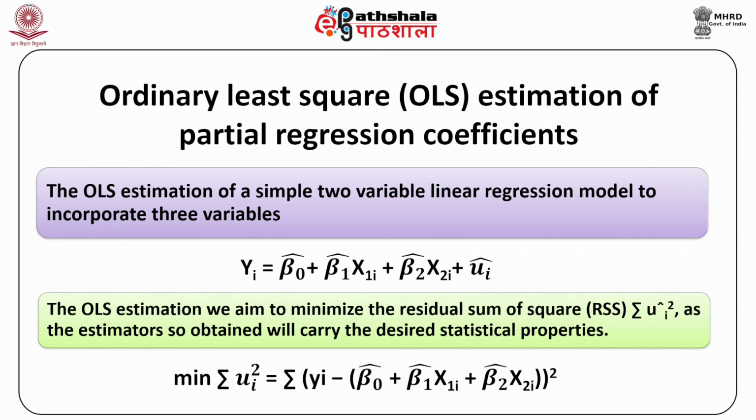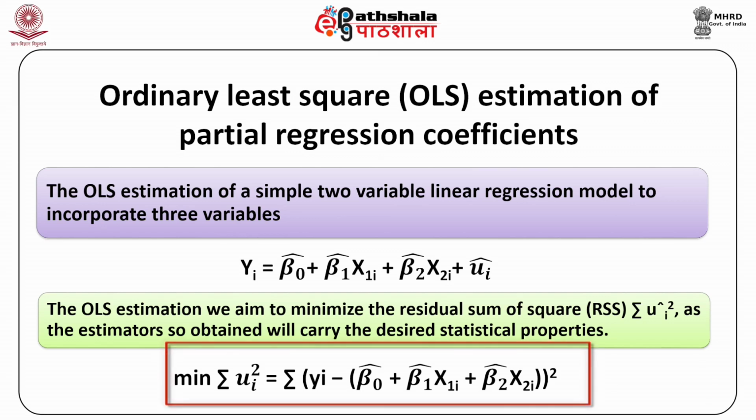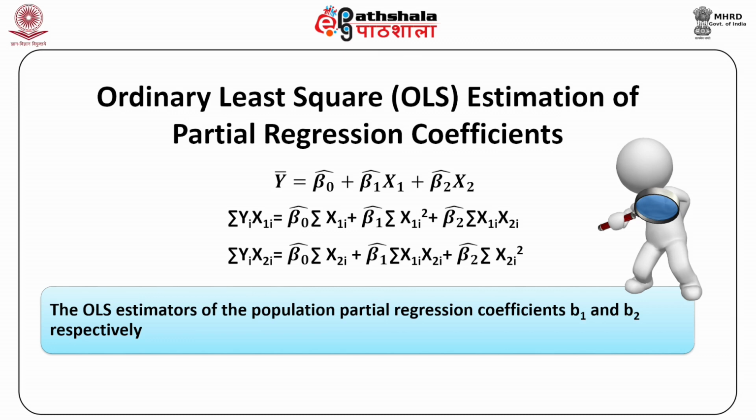Under the OLS estimation, we aim to minimize the residual sum of squares, RSS, that is sigma u hat i squared, as the estimator so obtained will carry the desired statistical properties. That is, minimum of sigma u hat i squared is equal to sigma of yi minus beta hat 0 plus beta hat 1 x1i plus beta hat 2 x2i, the whole squared. To obtain the estimates, differentiate the above equation with respect to the unknowns, set the resulting equations equal to 0